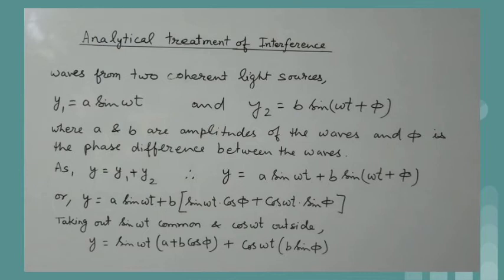According to the superposition principle, the displacement of the resultant is given as y = y1 + y2, which is equal to a sin ωt + b sin(ωt + φ), or y = a sin ωt + b times (sin ωt cos φ + cos ωt sin φ). Taking sin ωt common and cos ωt outside, the relation becomes y = sin ωt (a + b cos φ) + cos ωt (b sin φ),